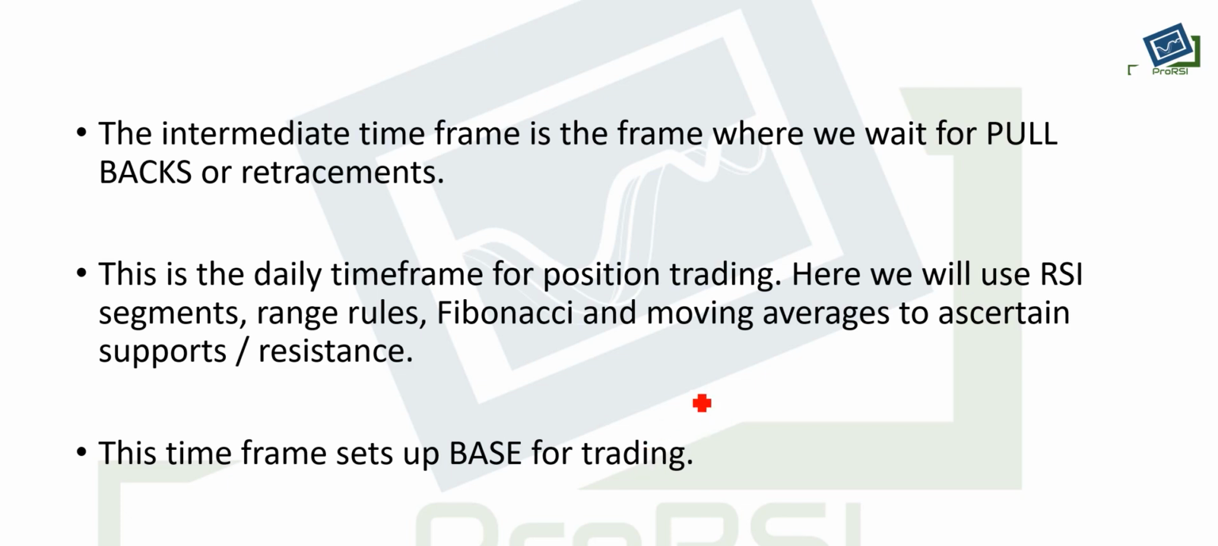The intermediate time frame is the time frame where we trade and wait for the pullbacks. Now this is the most important thing, right? So once the trend is ascertained, now a trend never goes in a straight line like this. It gives you pullbacks. So suppose this is the weekly time frame and we see the trend is going upside,